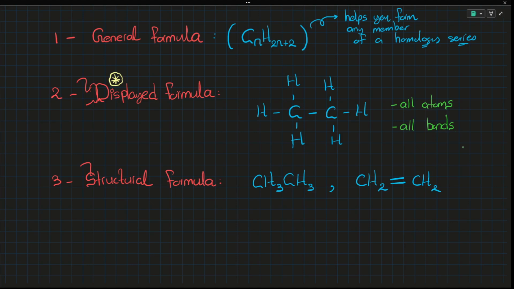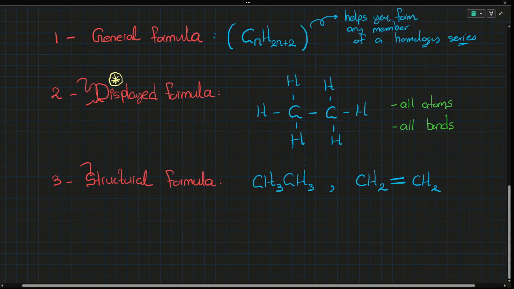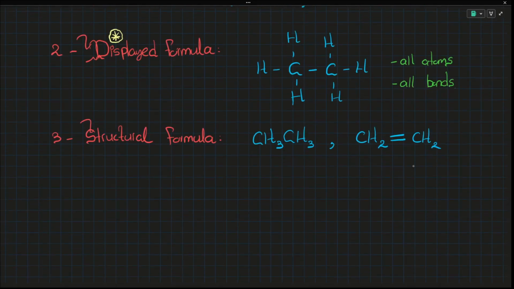And if all of this seems daunting, don't worry. We're just brushing up on the basics. When we get to specifically alkanes, alkenes, and all that stuff, everything will make sense. Right, so let's write down the features of a structural formula. Do you see? Most bonds are actually removed. So we can say most bonds are omitted.